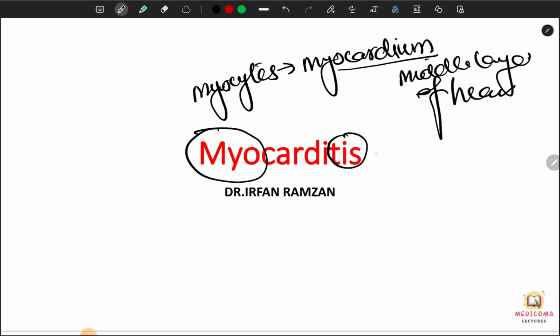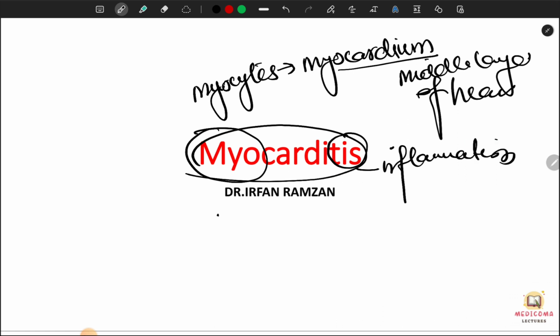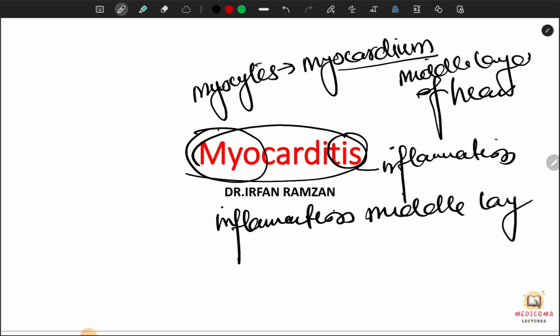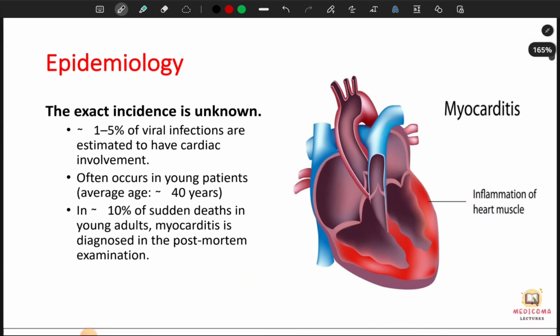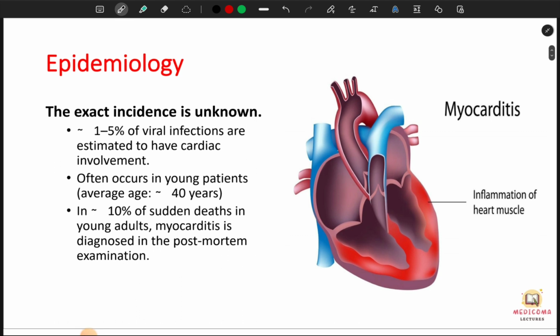And myocarditis, itis means it's an inflammation. Inflammation of the middle layer of heart is called मायोकार्डाइटिस। सो इस लेक्चर में जो है हम डिस्कस करेंगे etiology and risk factors, sign and symptoms, diagnosis and the treatment of myocarditis. So let's start. First of all, we will discuss about the epidemiology, about the data, and the first important